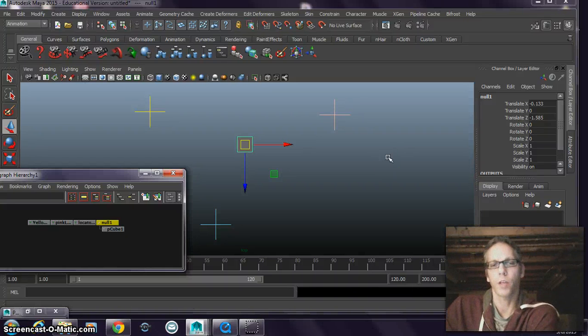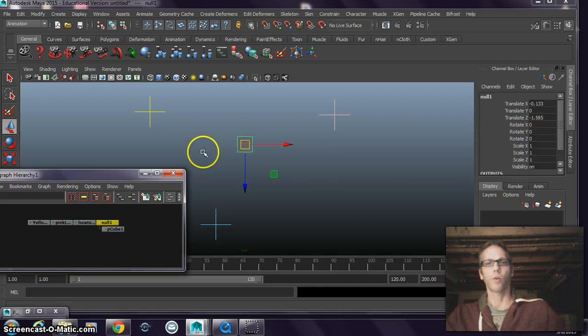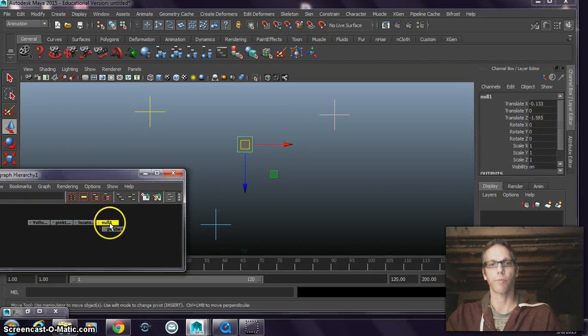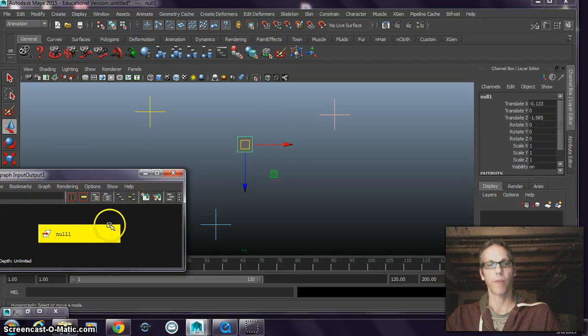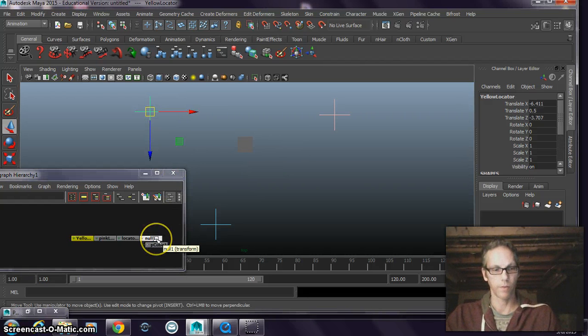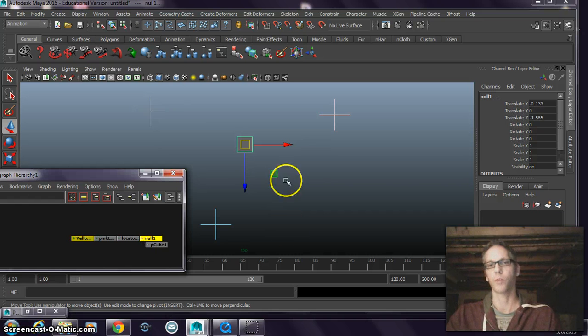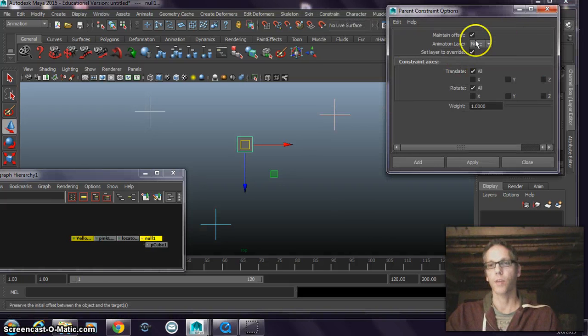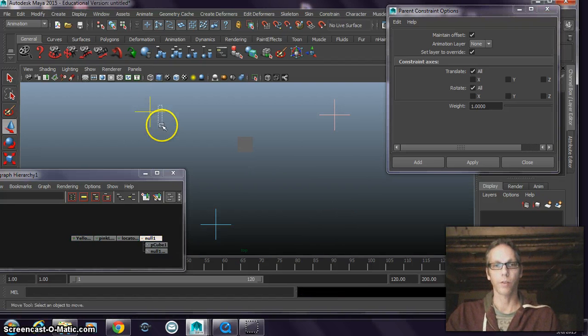So one of the issues when we were dealing with this is this idea of maintaining the offset. So if I have my locator, I removed my constraints on this. I'm starting kind of from scratch, so there's no inputs being fed into that. If I maintain the offset of my object, so if this is the constraining object and this is the null object or the group that I'm going to, and if I say parent and I say maintain offset, I'm going to say apply, and then so currently this object,